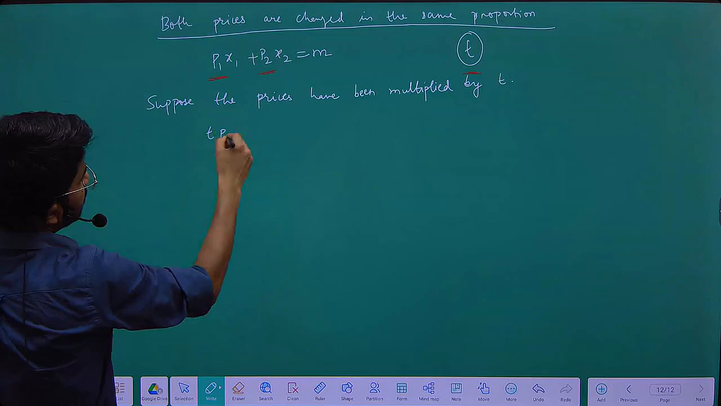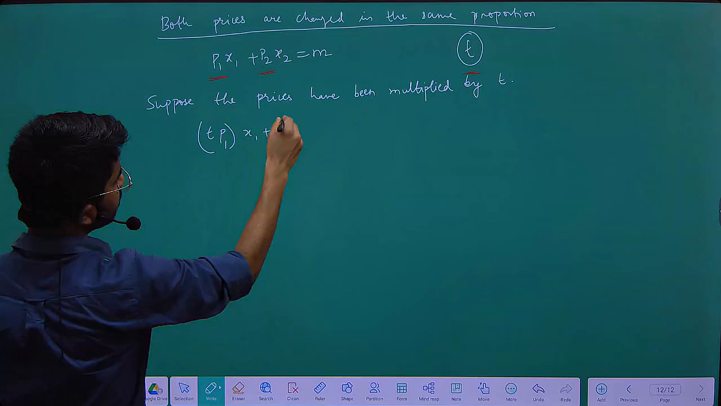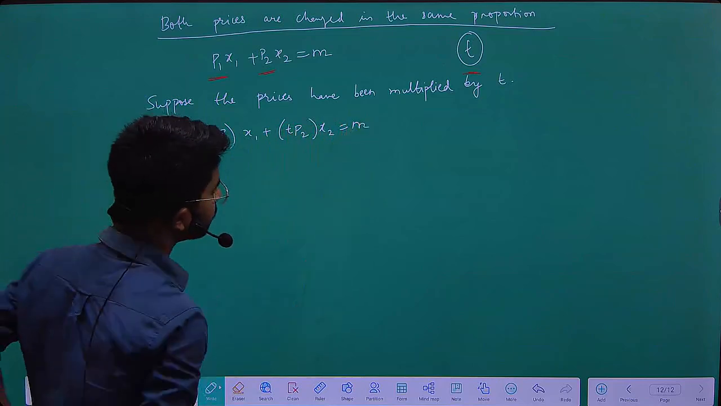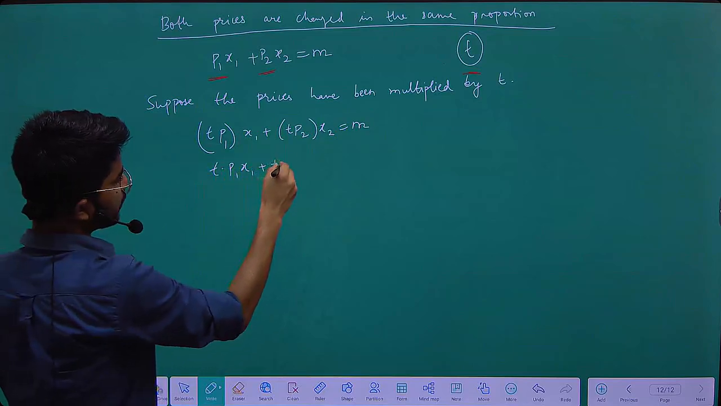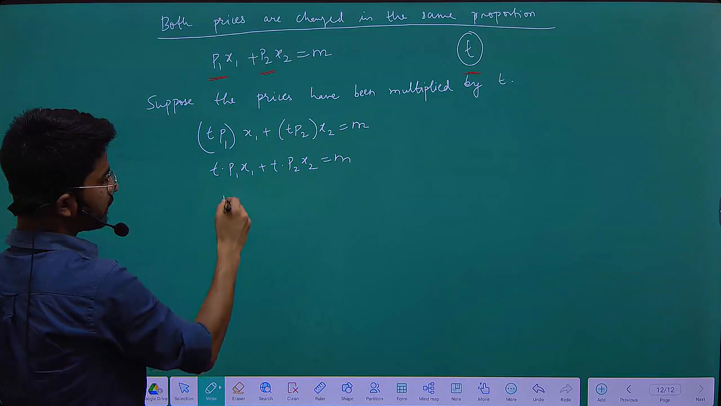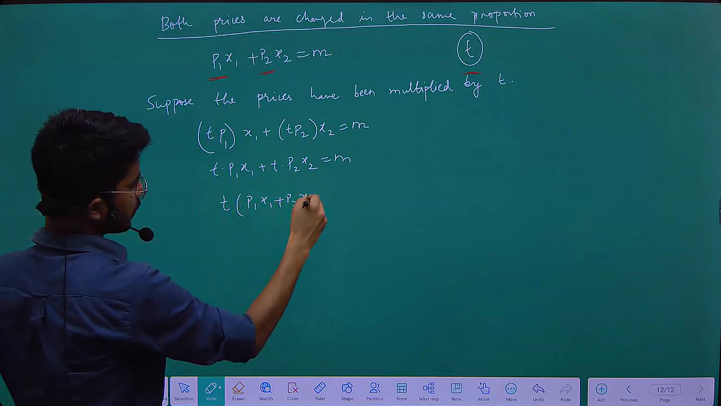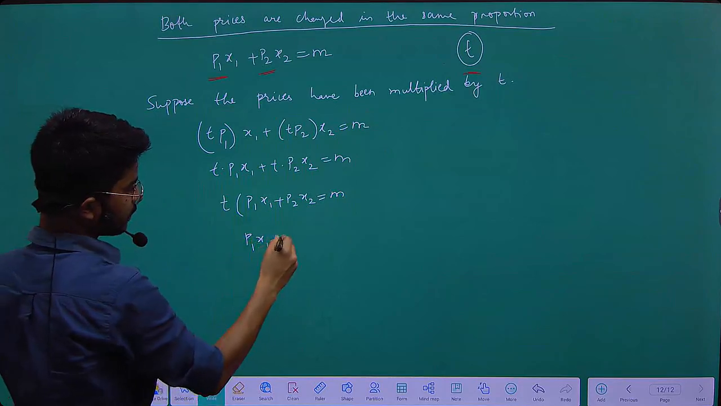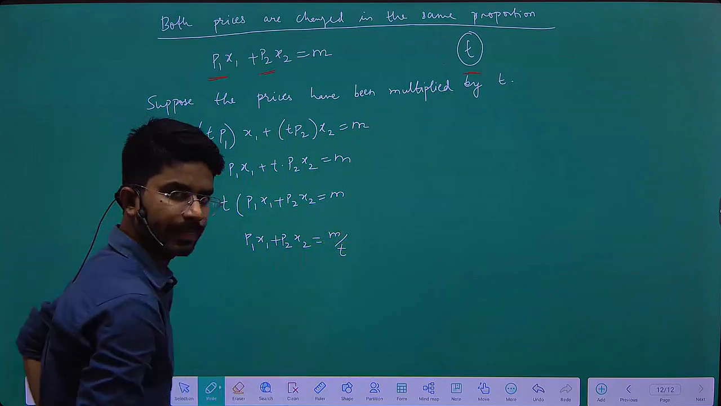सो इन दैट केस यू विल हैव द प्राइस एज TP1, दिस वुड बी द प्राइस ऑफ द फर्स्ट गुड, multiplied to x1, then you will have TP2 multiplied to x2 equal to M. Okay. So this will give you T times P1 x1 plus T times P2 x2 equal to M. So this will give you T taken as common, then you will have P1 x1 plus P2 x2 equal to M. In that case, you will have P1 x1 plus P2 x2 इक्वल टू M अपॉन T। ठीक है।